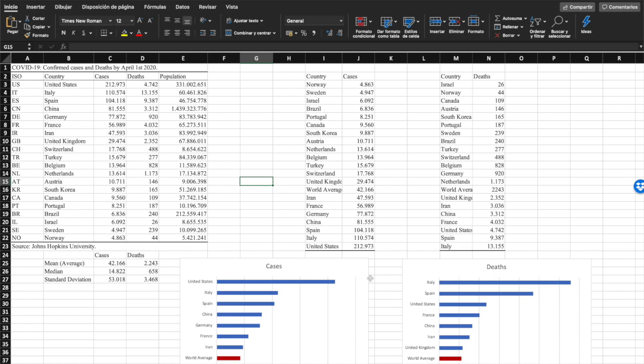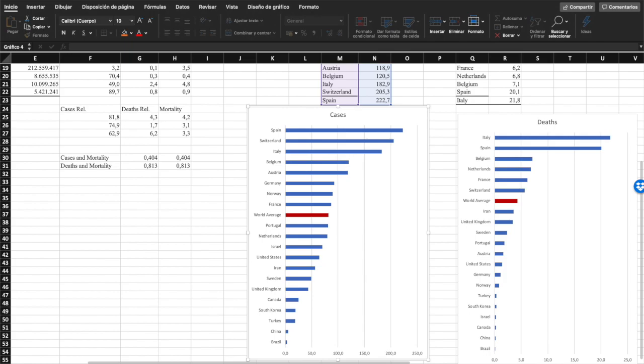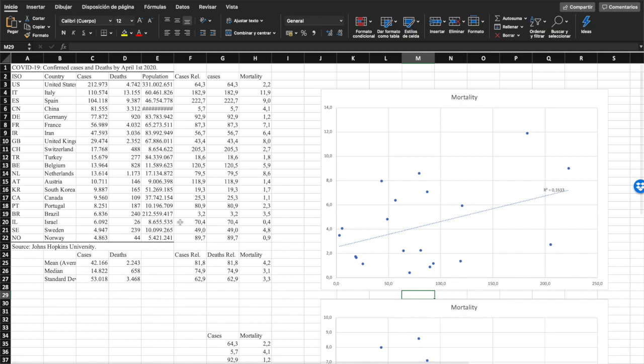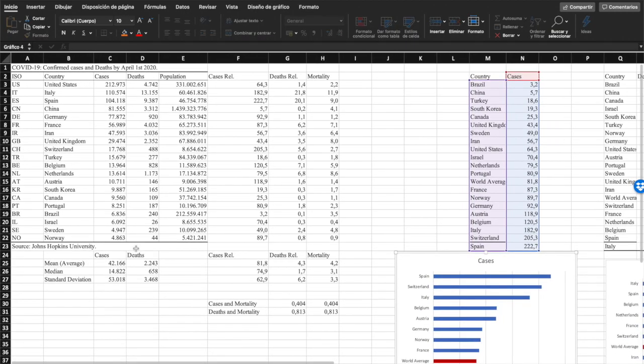Hello again. We finished the exercise, but now we need to present this. As you can see, my Excel spreadsheet is a mess. So now I need to transform all this data into a Word document, a PDF document presenting all these results. And I cannot present the information like this. So I need to prepare all this information to be suitable to be presented in a paper or